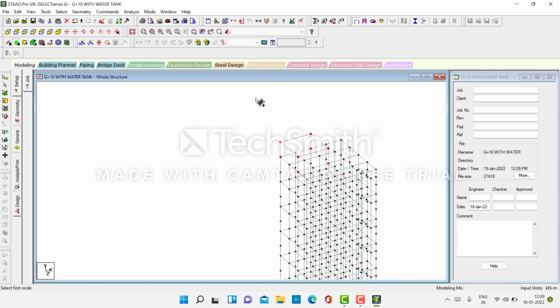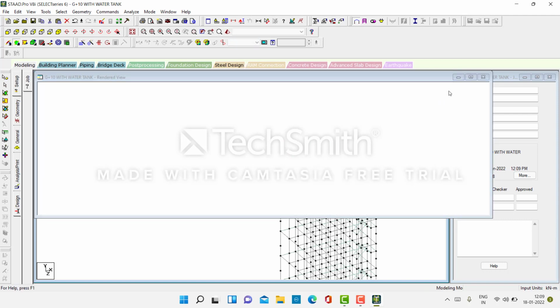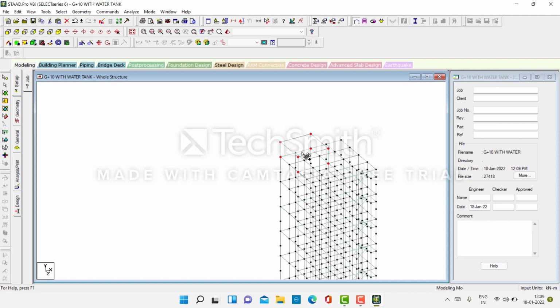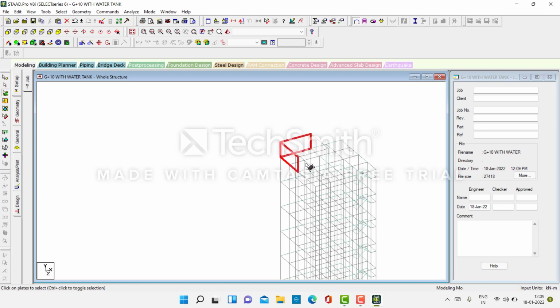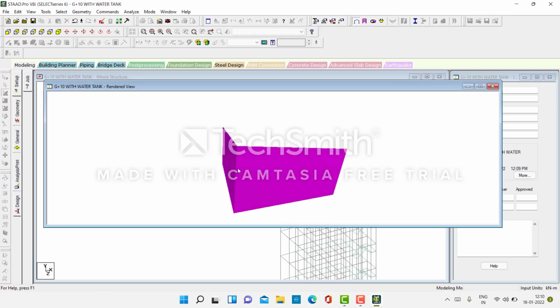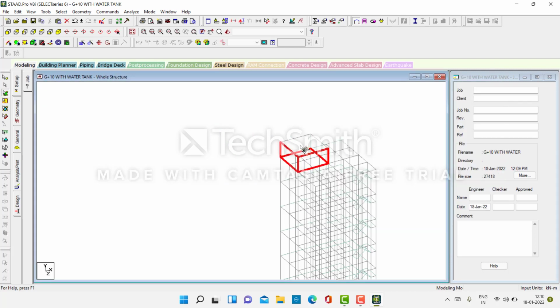We can see them easily. Which box can we apply the... you can see we added the three sides only, so we can add this side and back side. Go to the node plates and select